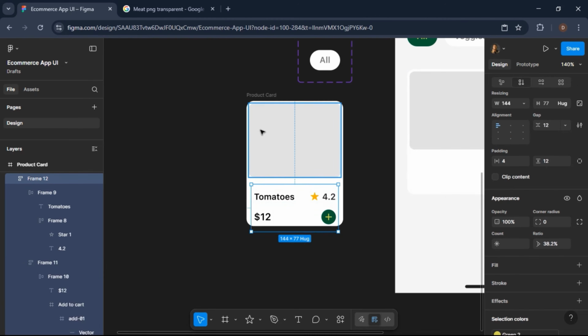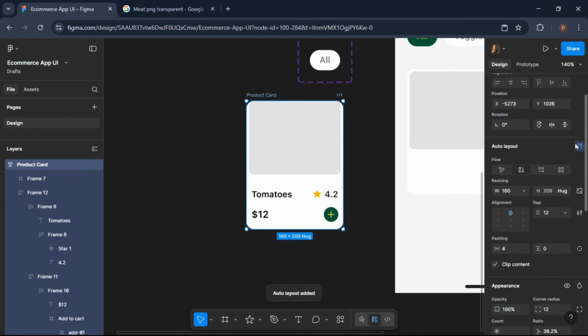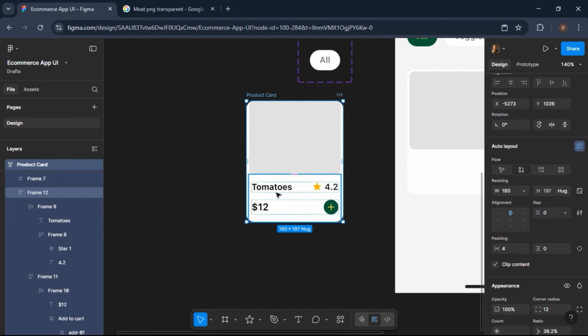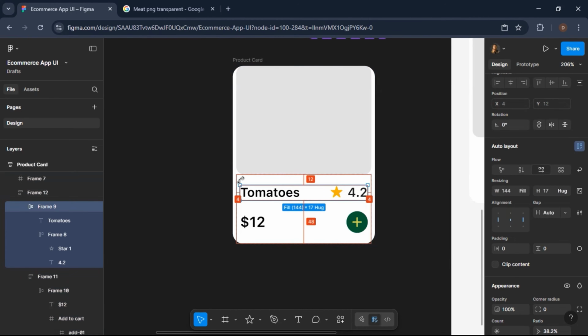Yes. So I'm going to add auto layout to this. Quick. Let's see how this looks. We don't want any gap between this, so I'm just going to remove the gap because we've already added gap inside of this, and if you look closely, I already added another 4